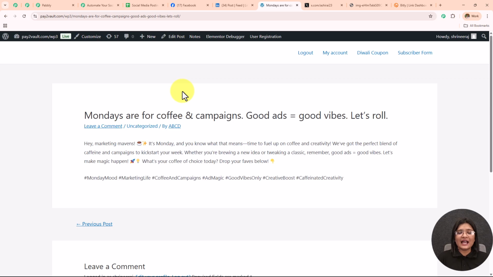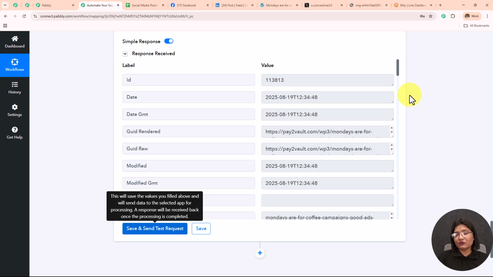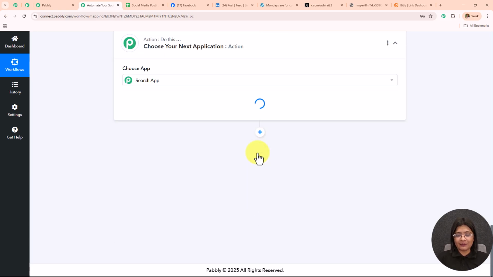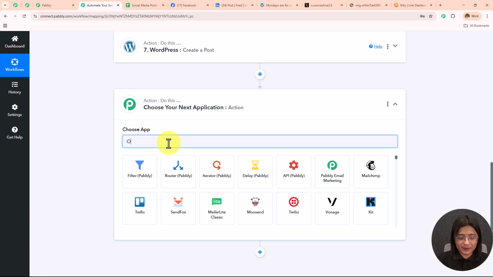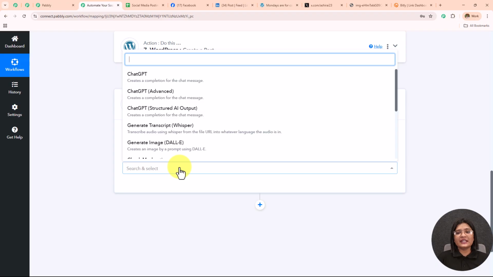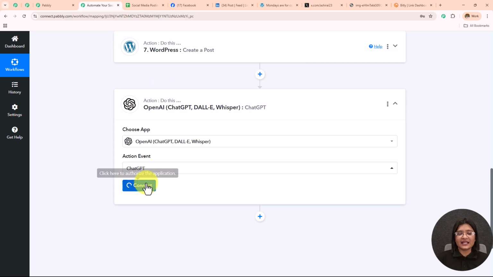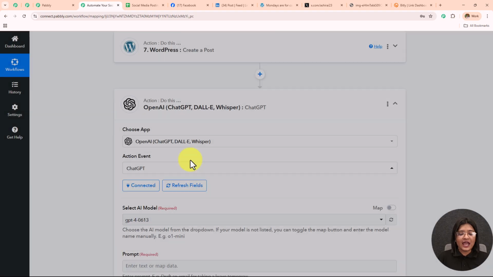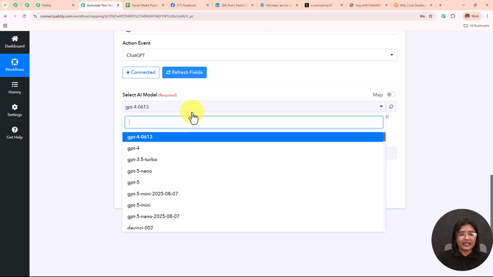And finally, we are going to tweet this. So before tweeting, before creating a tweet on Twitter, we have to add one more action step. And then I'm going to search for my action application, which is OpenAI, because I will be shortening this caption and then I will be only able to create a tweet on Twitter. So I'm going to again take my action event as ChatGPT. Now we have existing connection. I'll go with save,